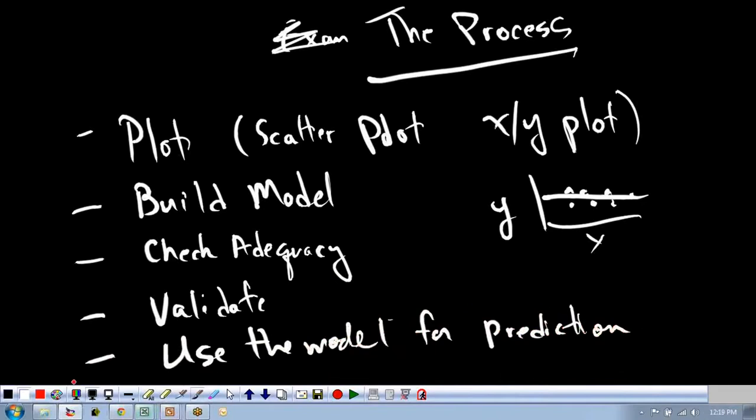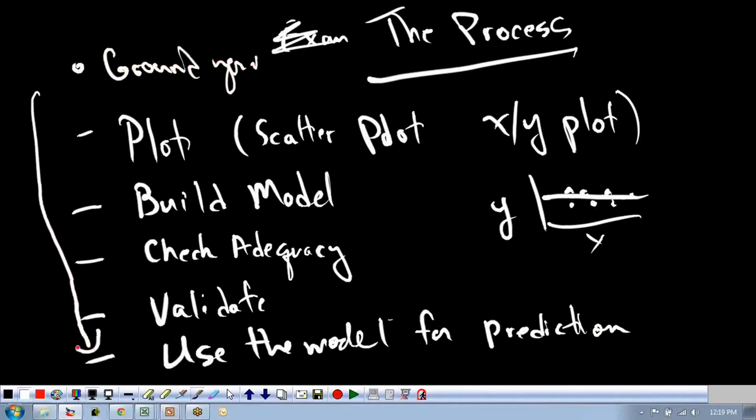The mistake that we don't want to make is to go from here, which is, say, ground zero, to here directly, okay? Because if you go from here to here directly, you often make big, bad mistakes. Plot the data first. That's probably the most important thing. And then we'll go ahead and build the model, validate it, check its adequacy, and do all that. You'll find that if you do this, it doesn't really take all that much more time,